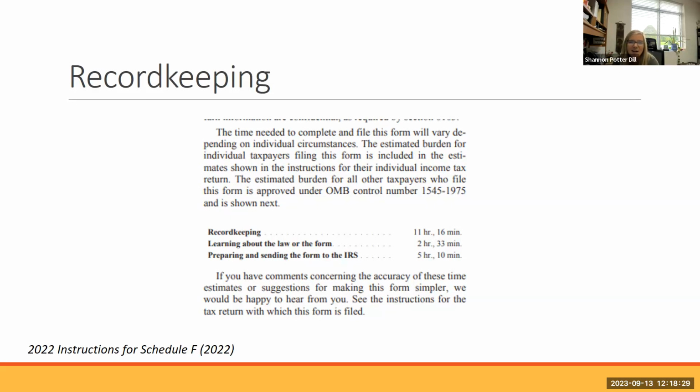I thought these hours were very interesting and quite specific when you get down to 3 minutes or 6 minutes that it takes to get these forms together. They also are asking for any feedback, suggestions to make the form simpler, and they'd be happy to hear from you. I thought that was a very interesting assessment as part of the Paperwork Reduction Act, with the record keeping and understanding the tax code.